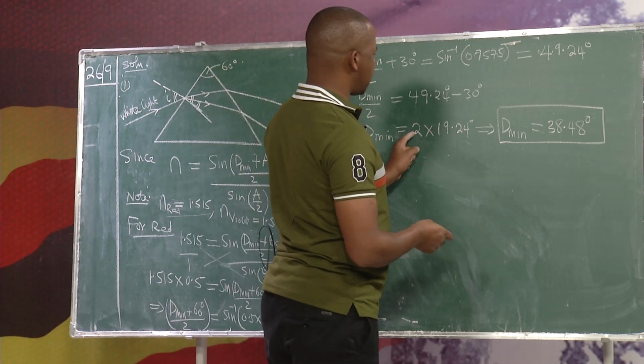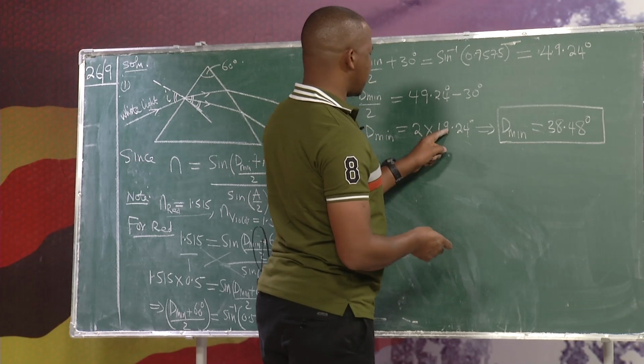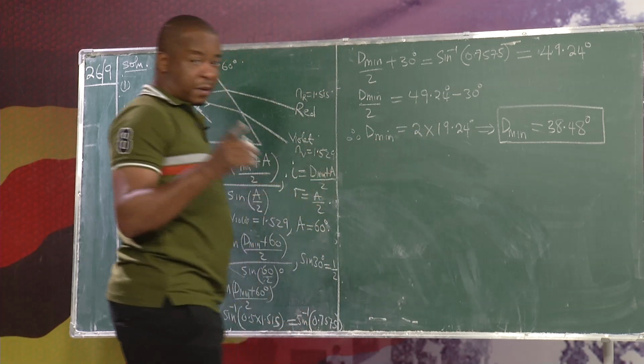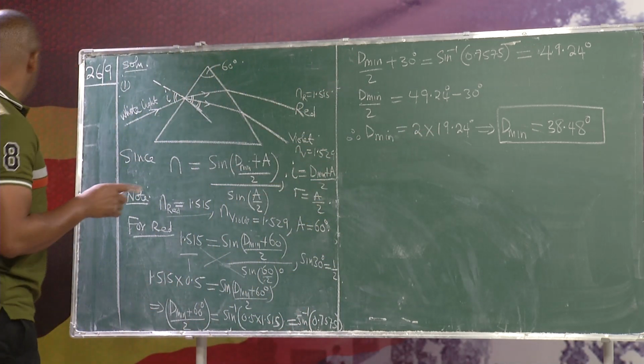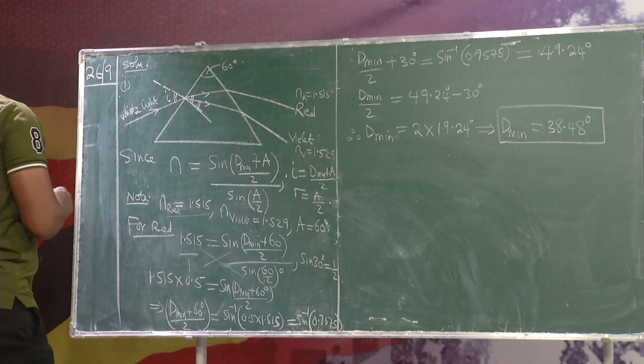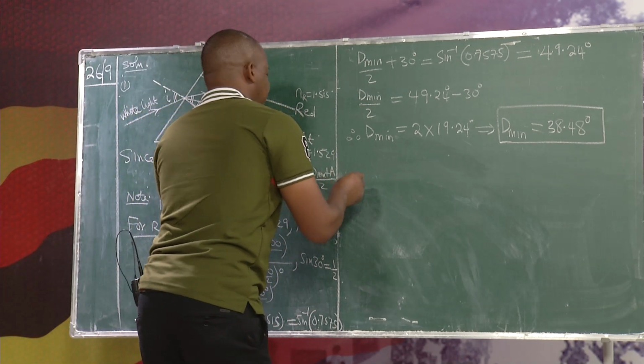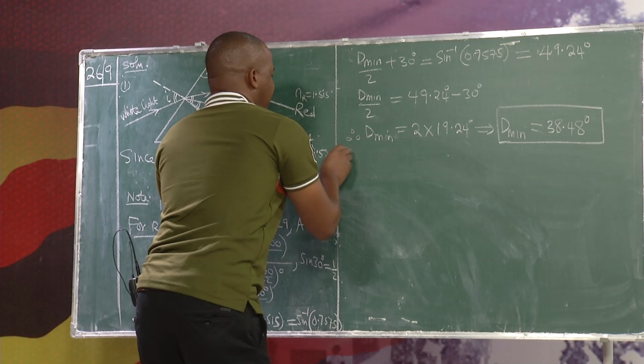This is 8, this is 4, this is 18, keep 1, 3. That is the minimum deviation. But they are asking for the angle of incidence. They are asking for the angle of incidence. So we need to recall that